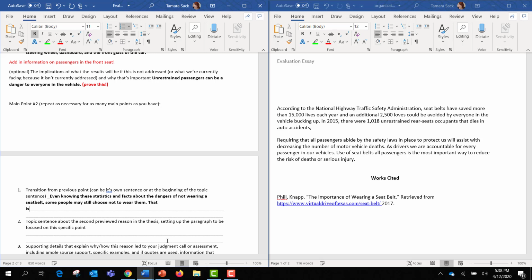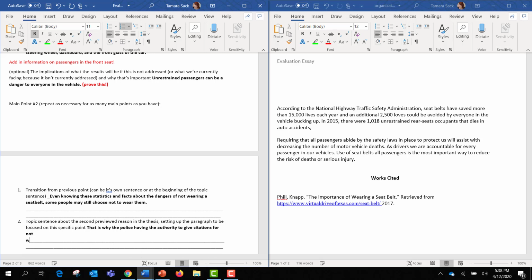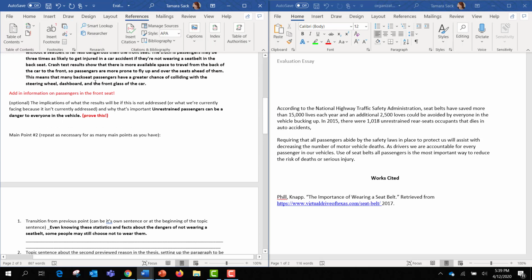That is, then our topic sentence is going to establish our second main point here. That is why the police having the authority to give citations for not wearing seat belts is so important. So then we can move into